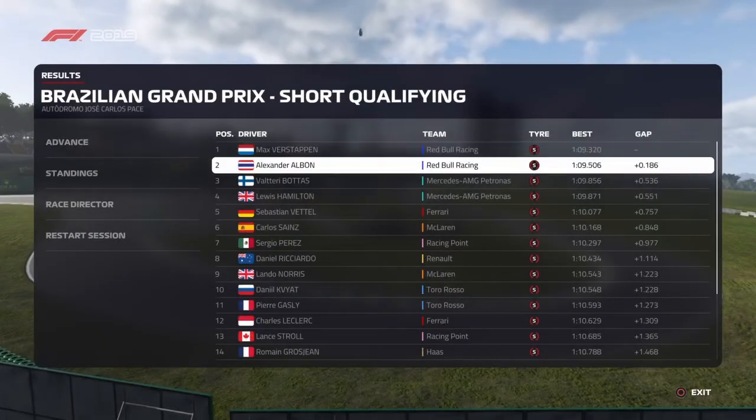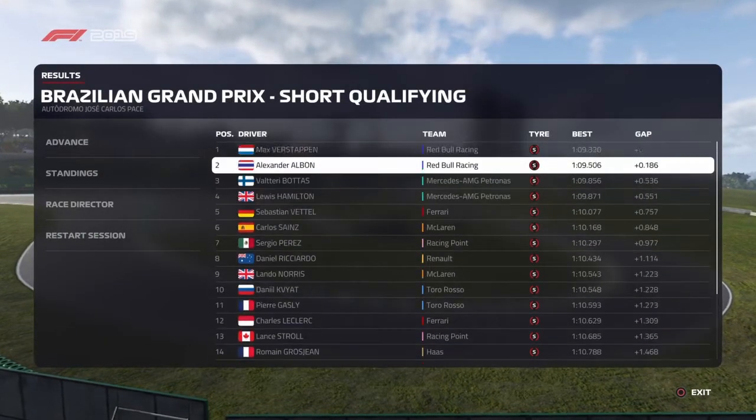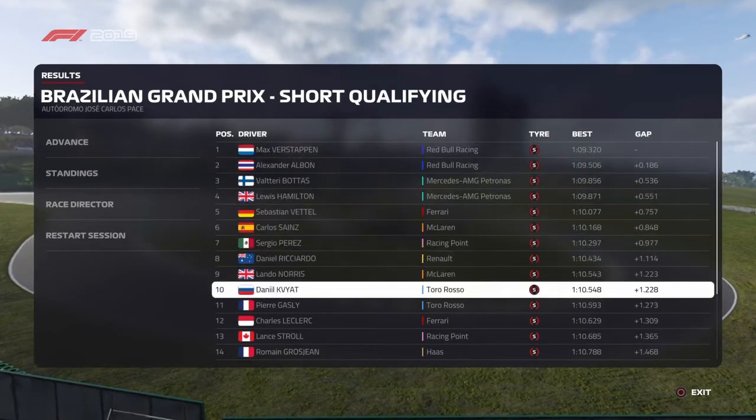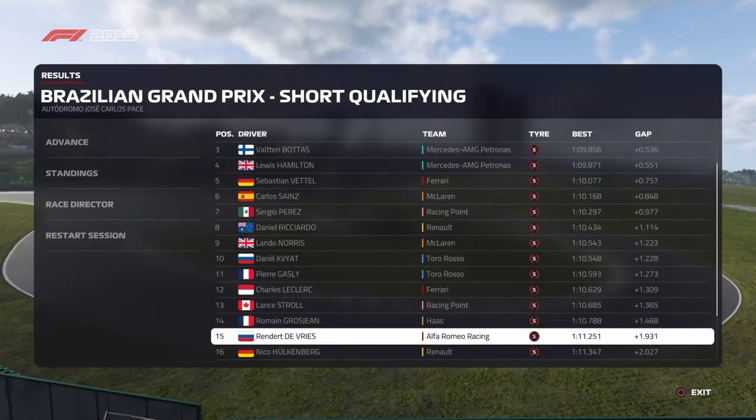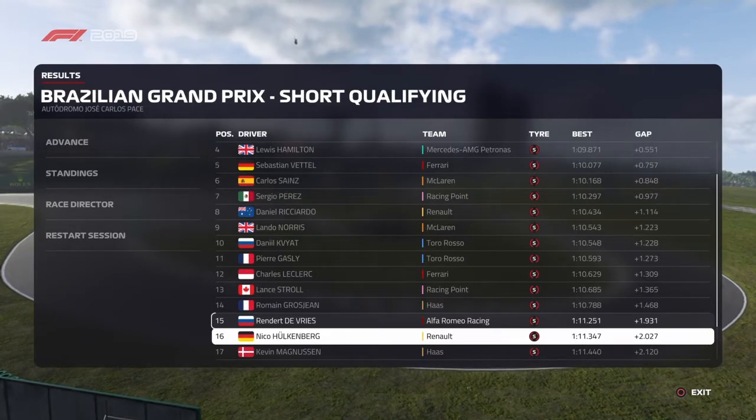With qualifying complete, let's review our top three today. Verstappen, Albon and Valtteri Bottas. With qualifying wrapped up, we now have our grid lineup for the big race tomorrow. Be sure to join us then for what will no doubt be a fantastic...